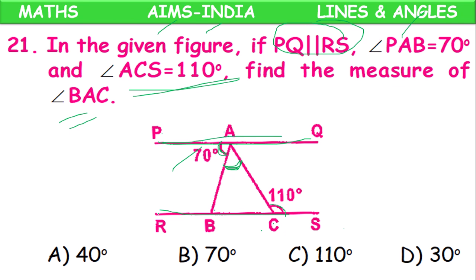These two are parallel lines. This is the transversal. Transversal downside angle equals transversal upside angle. This total part equals 110. But this part is 70. What about this part? 40. So that 110 equals 110. So answer 40 degrees.